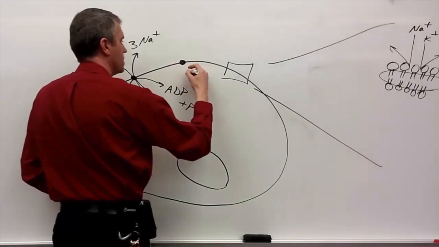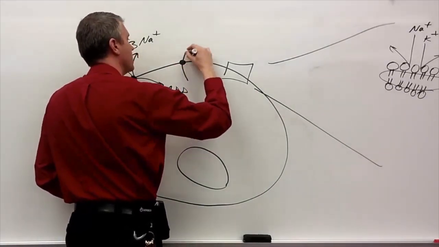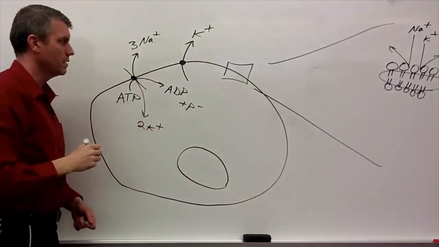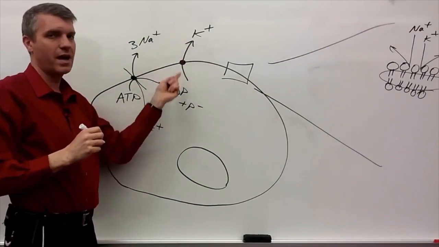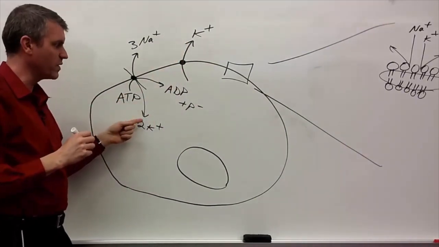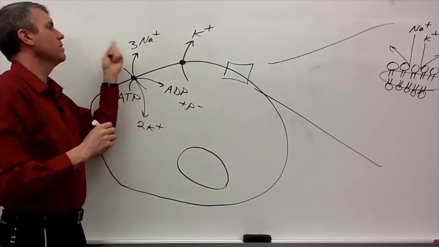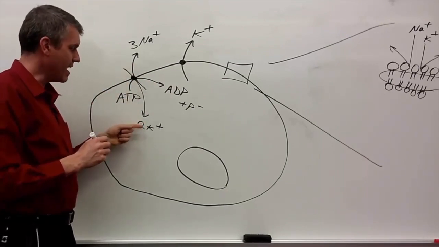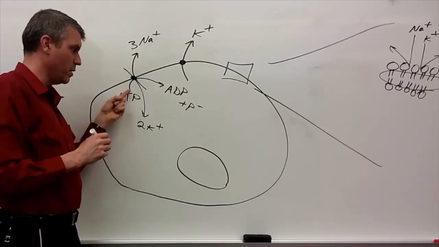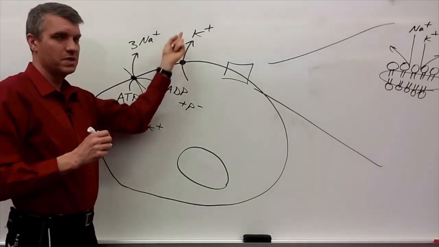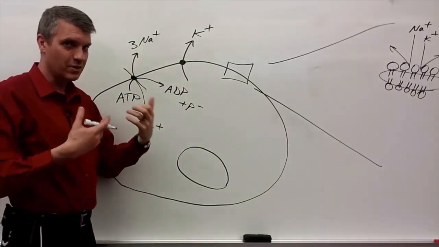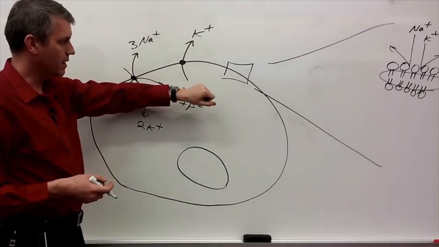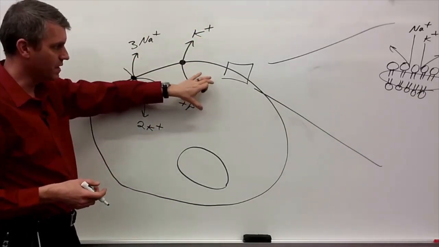This next protein is called the potassium leak channel, and it does exactly what its name says. It literally allows potassium to leak out. Remember, that's what we were pumping in over here. The sodium-potassium pump pumped out some positive charge. It pumped out more positive charge than it pumped in. And now those positive charges that the sodium-potassium pump pumped in, we're allowing some of those to get out, thus increasing even more the positive charge on the outside and decreasing the positive charge or increasing the negative charges on